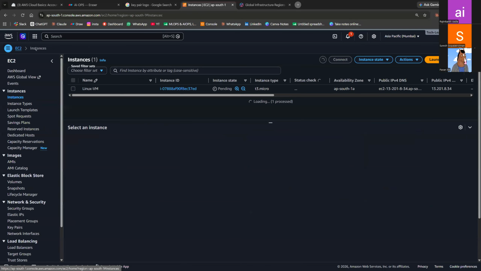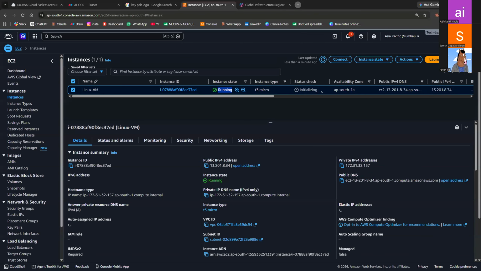My instance got launched. Click on this. You see it's running and initializing. It always needs to show 2 by 2, or 3 by 3. That means it is in a healthy state. It represents the health state of the server, meaning the booting process and server creation are properly done, like first level, second level, third level.